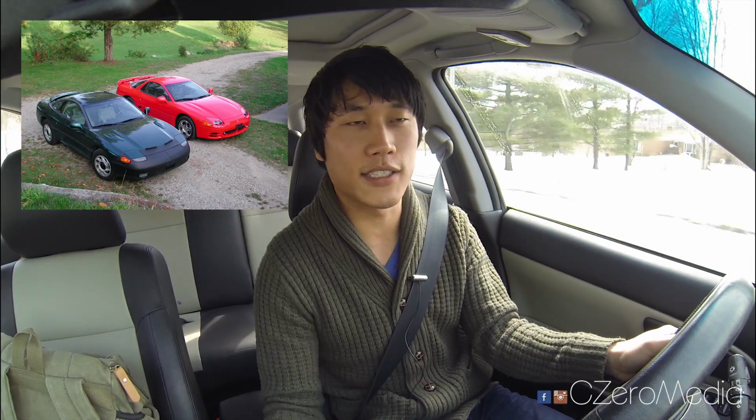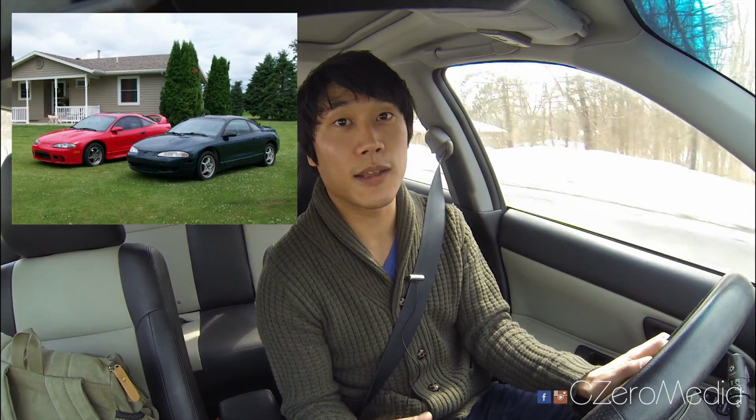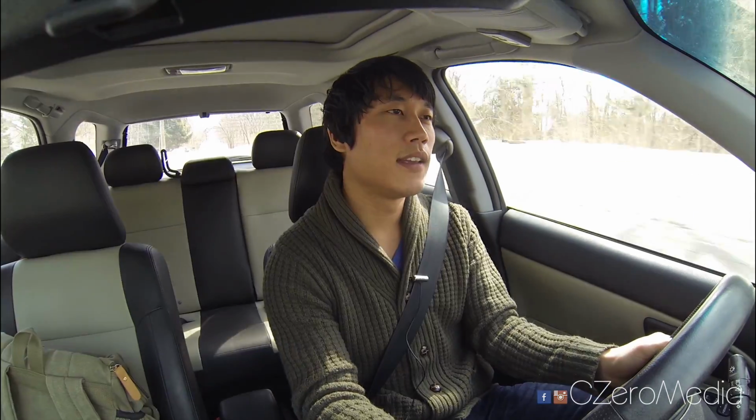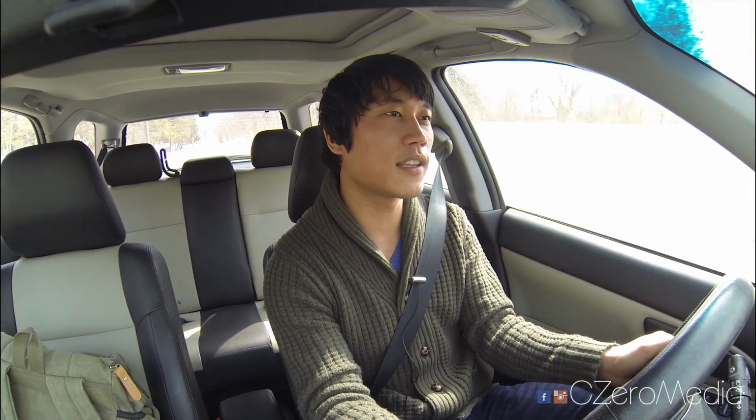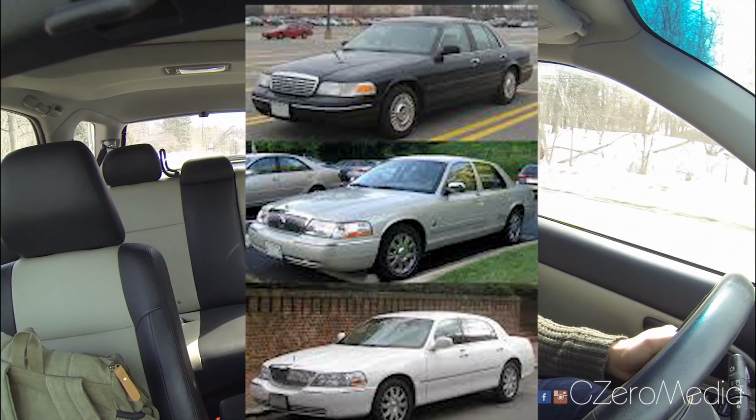I mean, you look at the 3000GT and Dodge Stealth, it's basically the same car. And of course, you DSM guys should notice the Eagle Talon and Mitsubishi Eclipse are also rebadged, badge engineering cars. It's mainly done because automotive manufacturers want to produce a new line of vehicles with this amount of development engineering cost. So it's commonly done, it's nothing special, but it's unique in its own way because it produces cars like